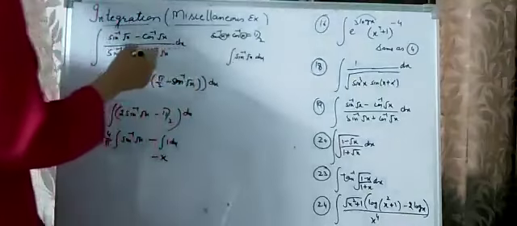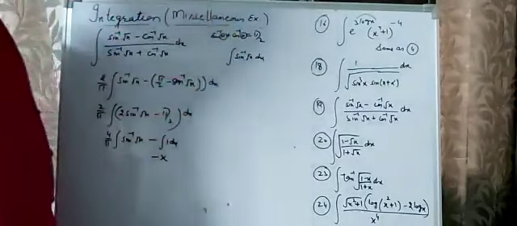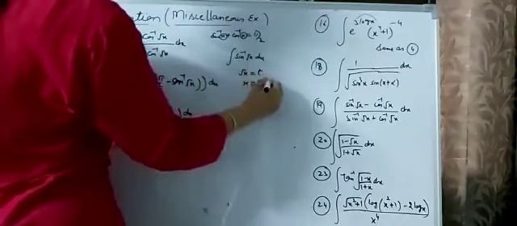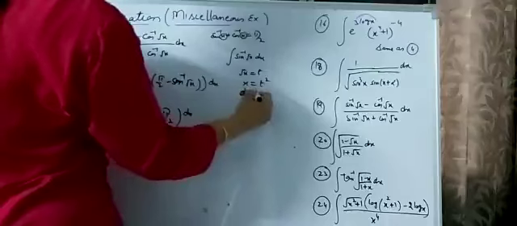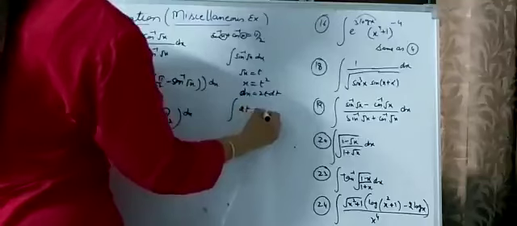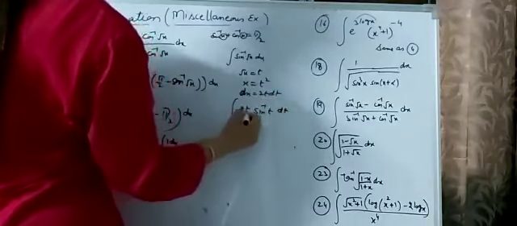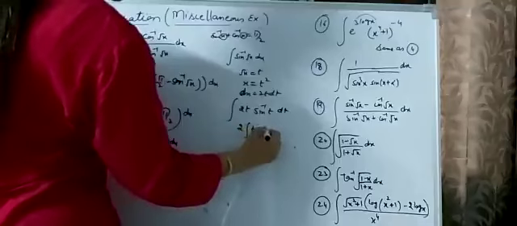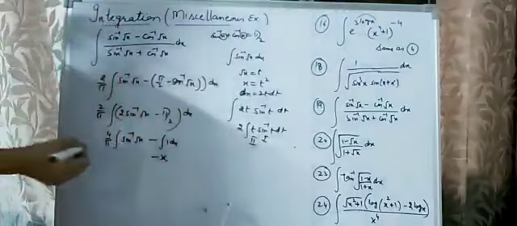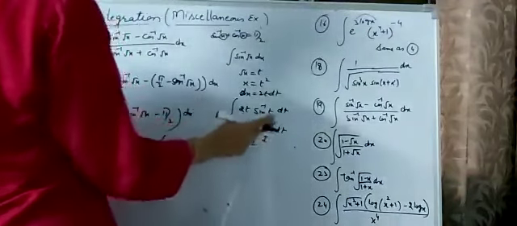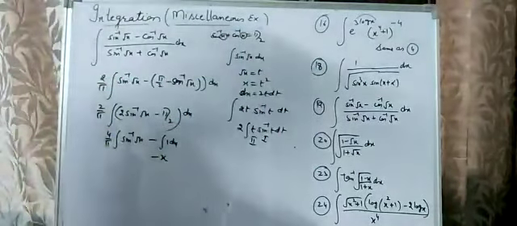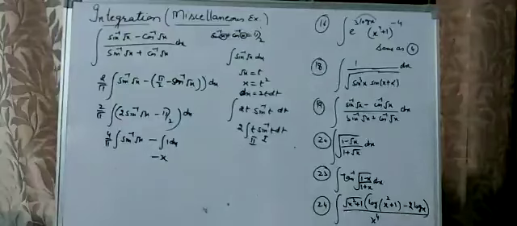Now you have to solve the integration of sin inverse root x. You can solve this by eliminating the inverse trigonometric function, or by changing this root x. We put root x equal to t, so x is equal to t square, so dx is equal to 2t dt. So this question is changed into the integral of 2t sin inverse t dt. We discussed these types of questions in the by parts form, so now we apply integration by parts here. This is the first function and this is the second function, and after completing, we put back the value of t as root x. In this way you can solve this question.